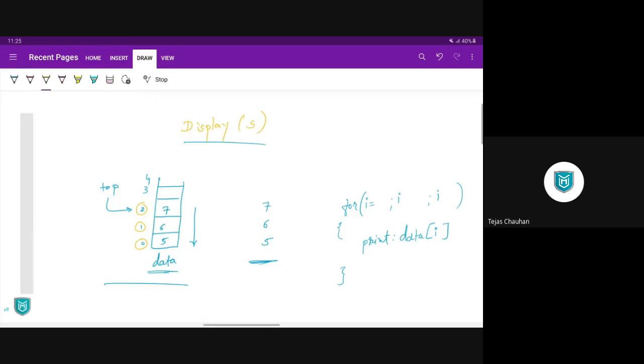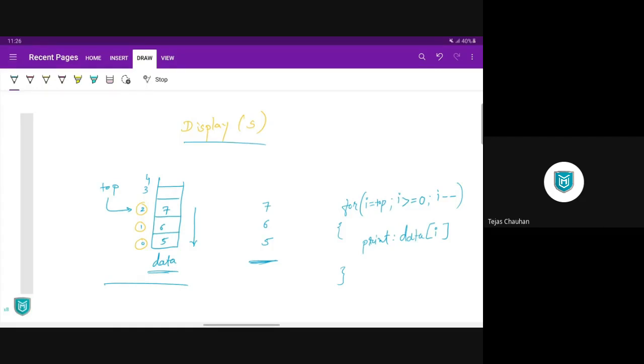2 is the starting point, which is actually the top. So I'm going to initialize my I with top, I equals top, and I will decrease I, so I minus minus. Up to what? Up to I greater than or equal to 0. So that will be my for loop: I equals top, I greater equals 0, I minus minus. And then I will print data of I. Now this is the for loop to display your entire stack.